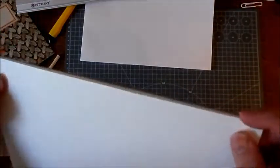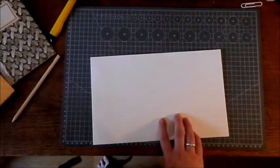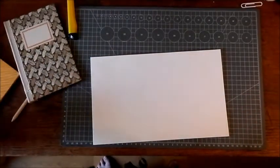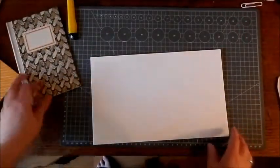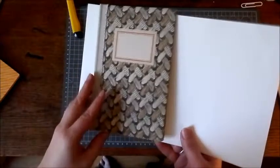It might be a little bit wonky. I don't really care so much, because after all, this is a handmade book, and if somebody doesn't want anything wonky, well then they can go to a store and buy one that's been made in a factory. But this will be exactly the right height for this cover. And now what I'm gonna do is I'll take my bone folder